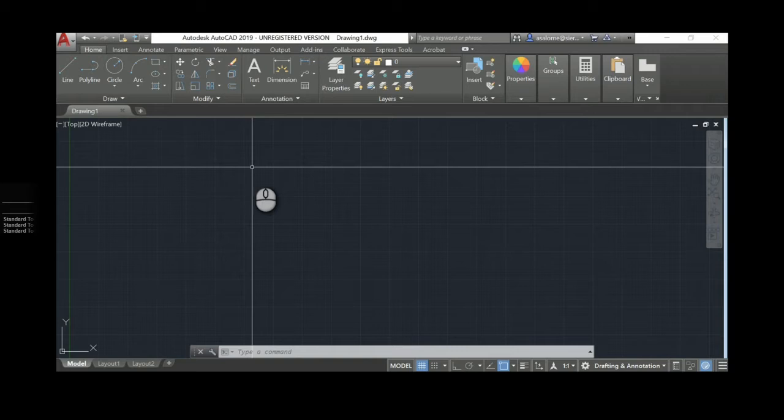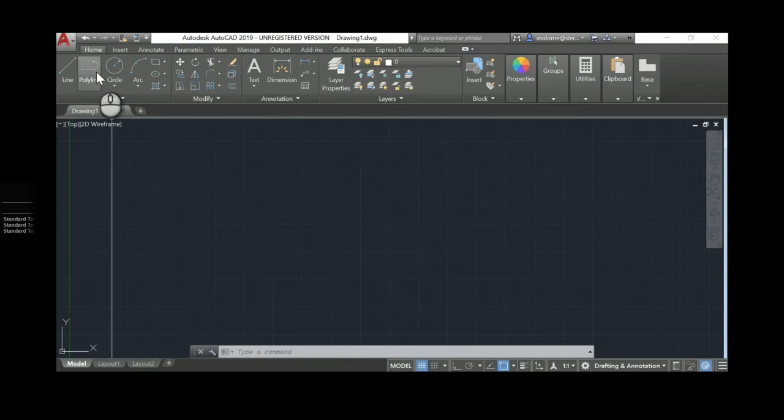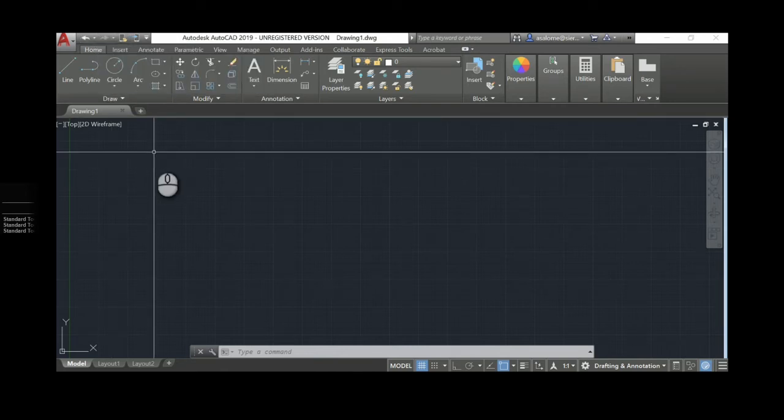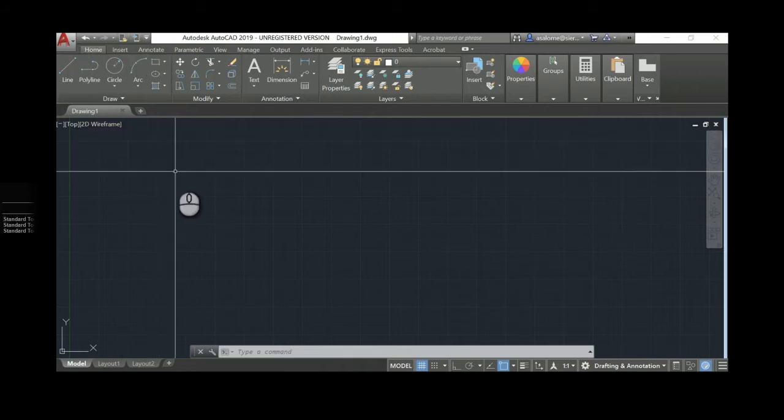So first things first, up here alongside the big red A, remember that this is called the Quick Access Toolbar. Now the Quick Access Toolbar, yours probably has more things than I'm seeing here. Mine has already been customized to some degree. We can adjust and customize what appears up here on our quick access toolbar. Some things you can't get rid of and some things you can. Some things you can add and some things you can't.